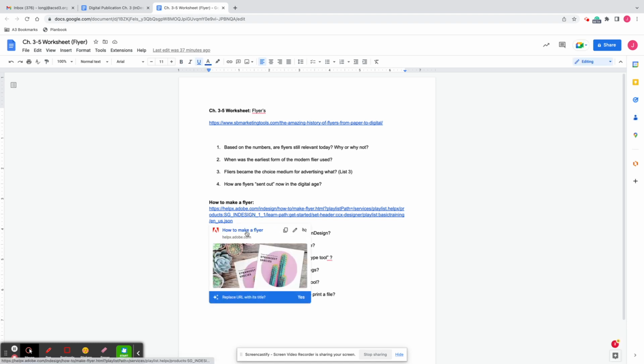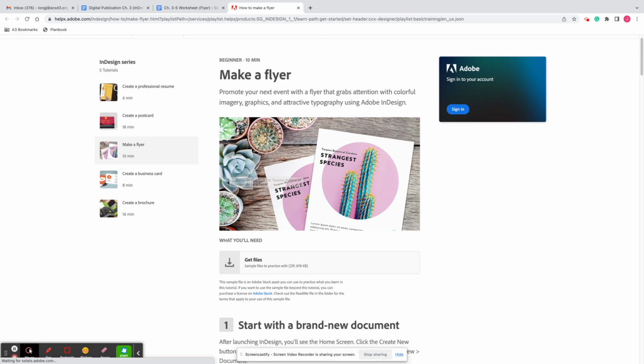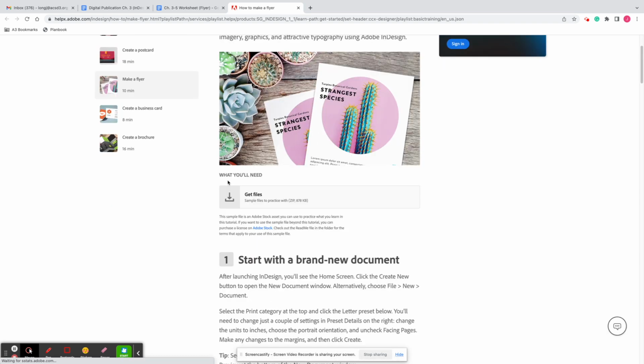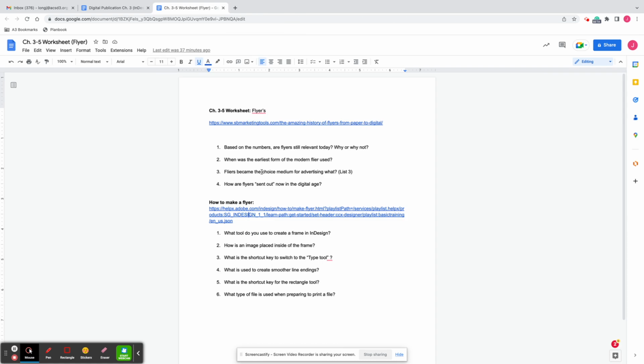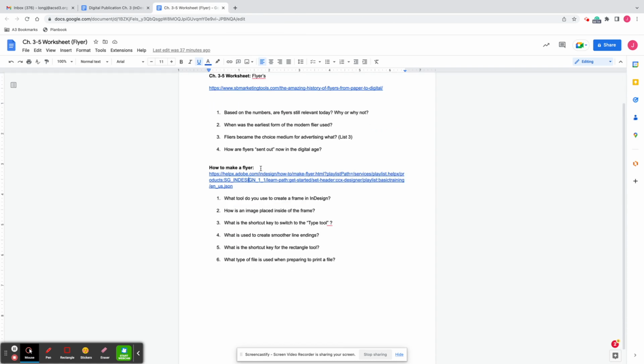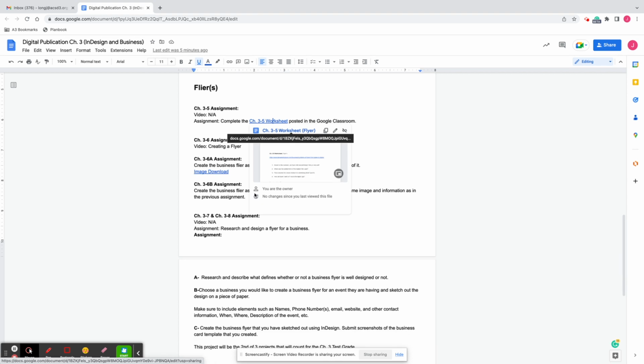And then what I'm going to be doing today is we're going to follow along with this, okay? How to make a flyer. We're going through this. This is the easiest way. You guys, if you're better at reading through instructions and doing it, you can definitely do it this way. However, otherwise, make sure you watch this video. I'm going to walk you through step by step if you're more of a visual learner and just to kind of go through things. Okay, so what we're going to do, we're going to go ahead and linked in here,